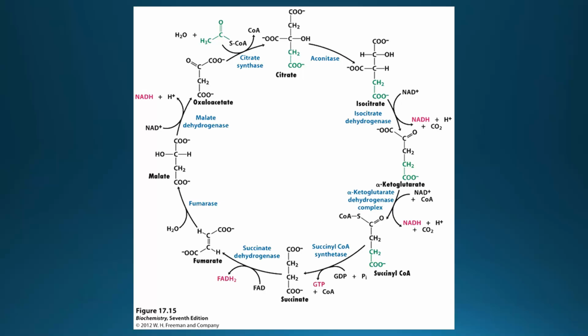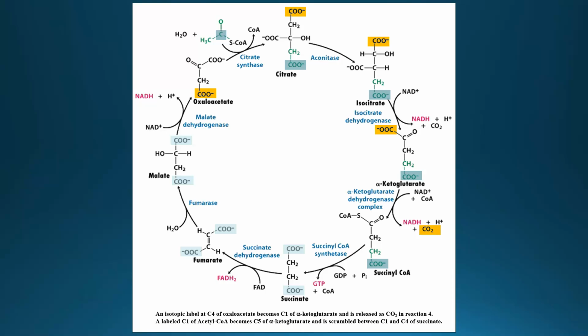It has highlighted in green the 2 carbons from acetyl coenzyme A, showing that those 2 become these bottom 2 carbons in citrate and isocitrate and alpha-ketoglutarate and succinyl coenzyme A, which means that the carbon dioxides that are liberated in steps 3 and 4 are not the same carbons as the ones in the acetyl group. That means that even though the stoichiometry is 2 carbons enter and 2 carbons leave, the 2 carbons that leave must have come from other citric acid cycle intermediates.